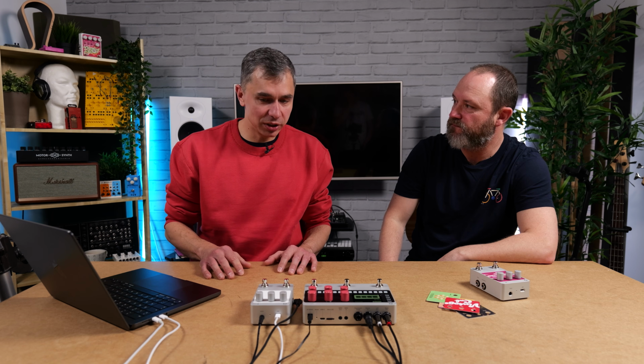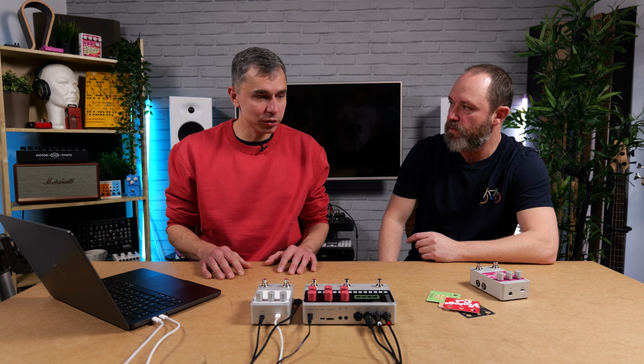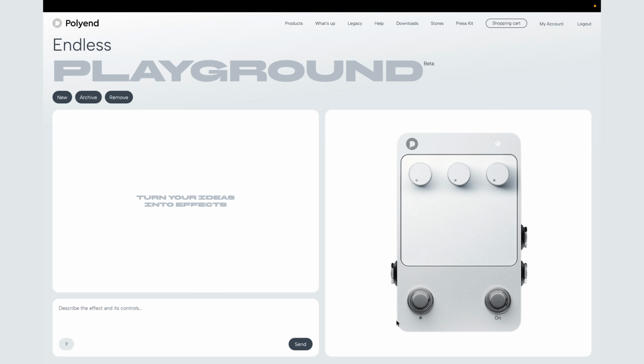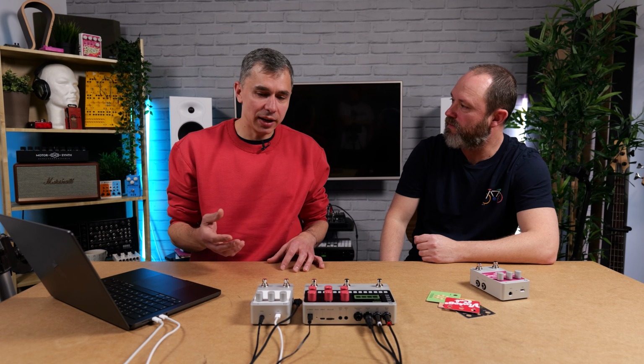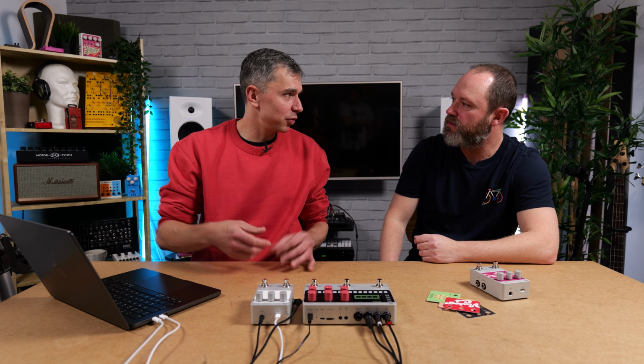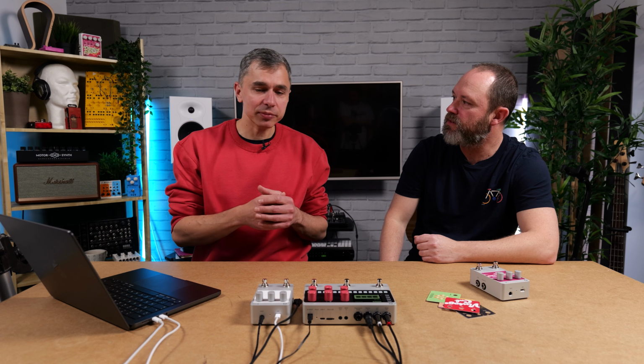The other option, if you don't know how to code and have some idea, is to use the Playground, where you describe your effect in your own words and your own language, and kind of talk to the system. Say, I want an effect that is a delay that reverses every second bounce. You hit enter, it proposes three options, and then you stick to one, and then you test it with your guitar, your synth, whatever.